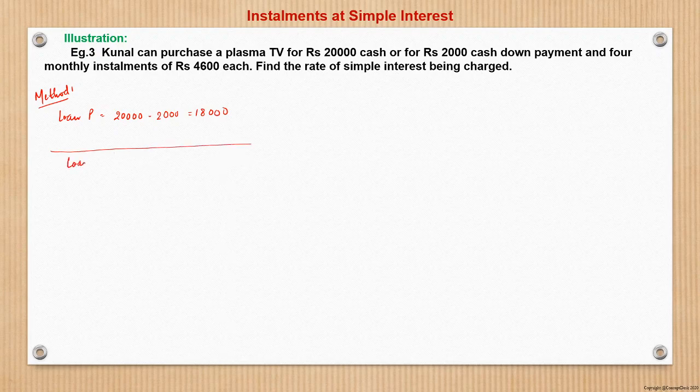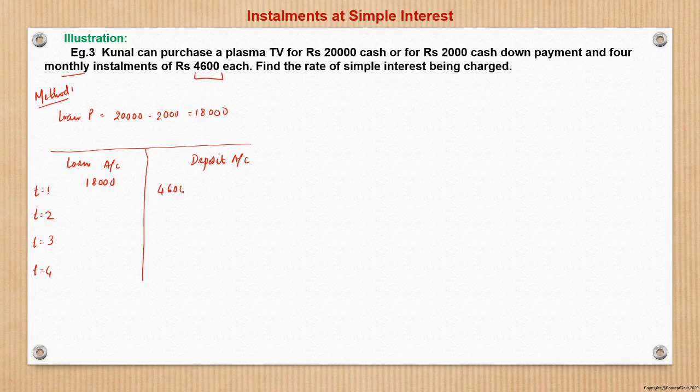This side loan account, this side deposit account. Four periods, so 4 monthly installments. T is equal to end of first month, T is equal to second month, T is equal to third month, T is equal to fourth month. And here the loan is 18,000 rupees, right? And deposits, let it be, and the monthly installment has been given 4,600.